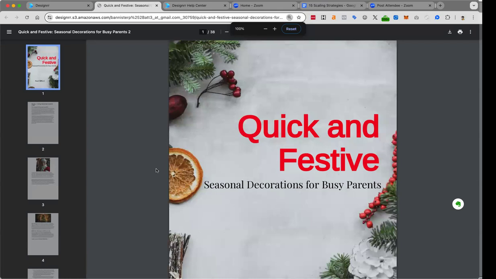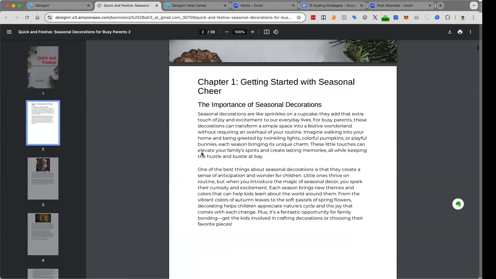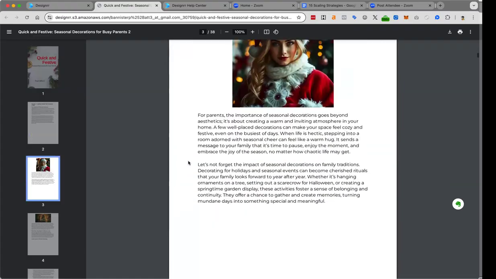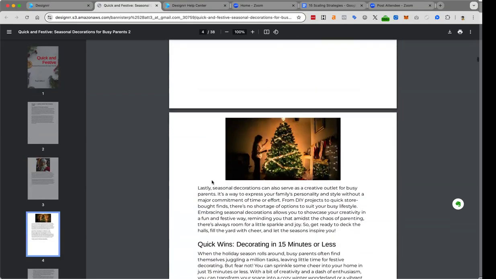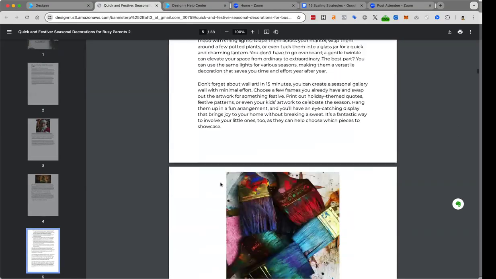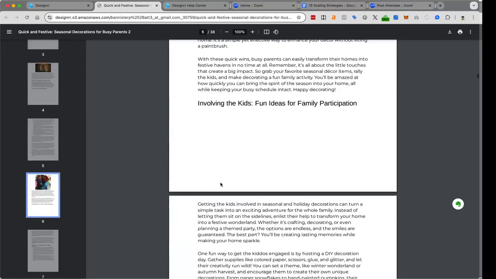So if you're working on a project, I highly recommend you duplicate it, because what if you choose a design and you go down a certain direction, sometimes you think, oh no, this design is not for me, I want to try another design. And so it helps duplicating, because then you have some sort of version control on your projects. So anyway, this obviously doesn't look pretty because it's just a demo book, but